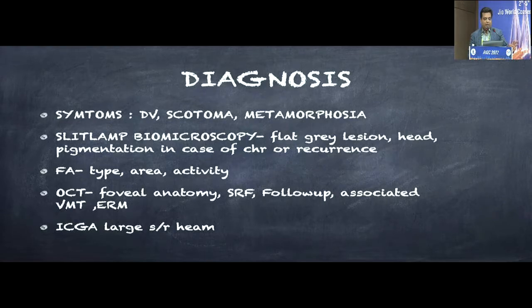So FA, fundus fluorescein angiography, gives us an idea about the type of the membrane, area, and the activity. OCT is like a first line diagnostic tool. It's commonly done. It gives us the idea of foveal anatomy, presence of subretinal fluid. It helps in follow-up of the treatments. And it also gives us associated pathologies of the macula, like presence of VMT or ERM along with the membrane, or there could be an atrophic macular hole also along with the membrane. So these are commonly used diagnostic tools. ICGA is of course used in cases of large subretinal hemorrhages when the extent of the membrane is obscured by the